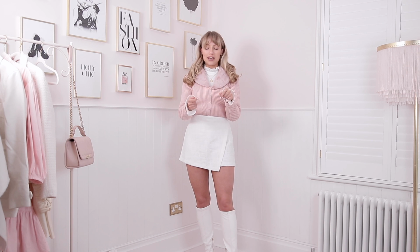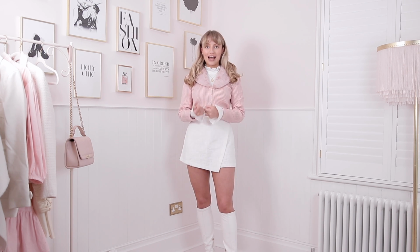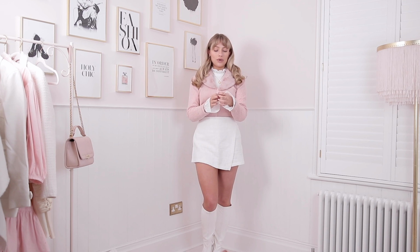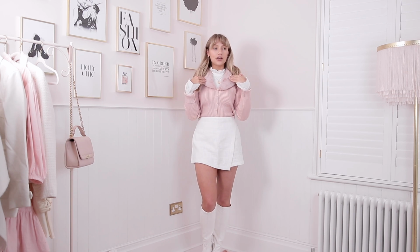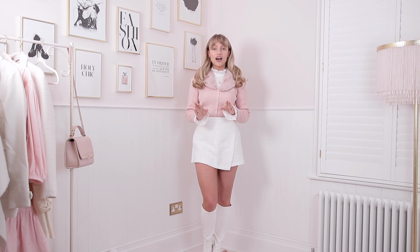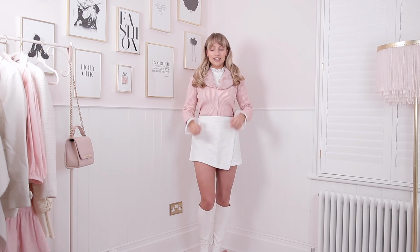I think the key for me was putting this really lovely blouse underneath. So the blouse is from Me&M. So it's basically just a really nice plain soft top that's a really lovely warm layer, but it's got these beautiful broderie anglaise cuffs and also a little pie crust collar at the top. So you can layer this under loads of crew neck jumpers or cardigans like this, and the little lacy broderie anglaise bit just gives it that spring feel, because this is a fabric that I would never ever touch in autumn winter. So the cardigan is from Oasis, which I feel like is quite an underrated brand,